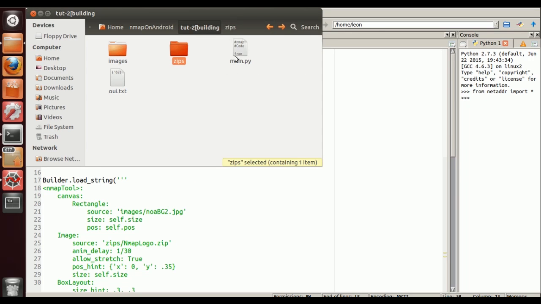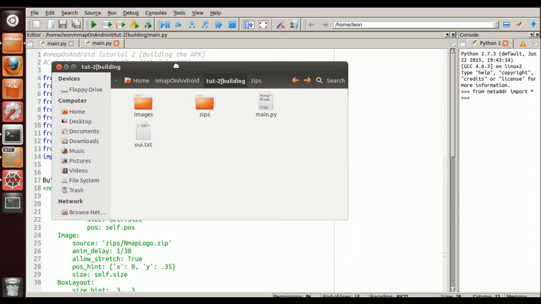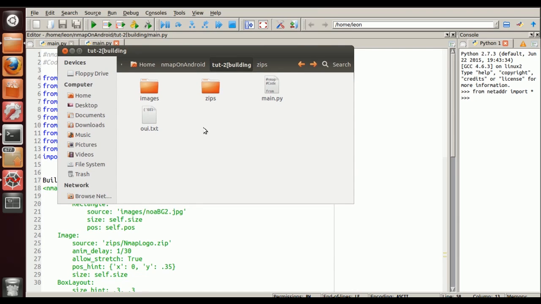Yes, right, so we've got our main, and we've also got an OUI.txt which we're not going to be using at the moment, but we may be in the future. What I want to do is place the netaddr module here, so when we build our APK, which I'm going to do in this tutorial, just so that we've got the APK up and running and you guys know how to do it, we need to navigate to, let me see, file system, let's go